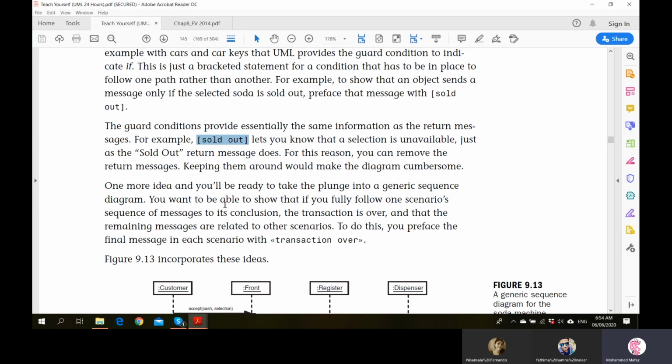One more idea, and you'll be ready to take the plunge into generics. You want to be able to show that if you fully follow one scenario, a sequence of messages, to its conclusion, the transaction is over, and that the remaining messages are related to other scenarios. To do this, you preface the final message in each scenario with transaction over. So this is to again add simplicity or to reduce complexity in understanding when you have multiple scenarios in one